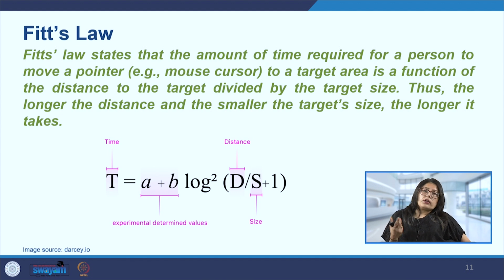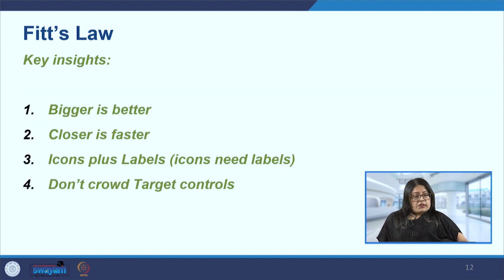If the items are placed too close to each other, the information is too close to each other, one may make the mistake of selecting the wrong information. For example, if going back and selecting are too close, then one can tick on go back rather than making the selection. So these three things become very important, which we have derived from Fitts law.